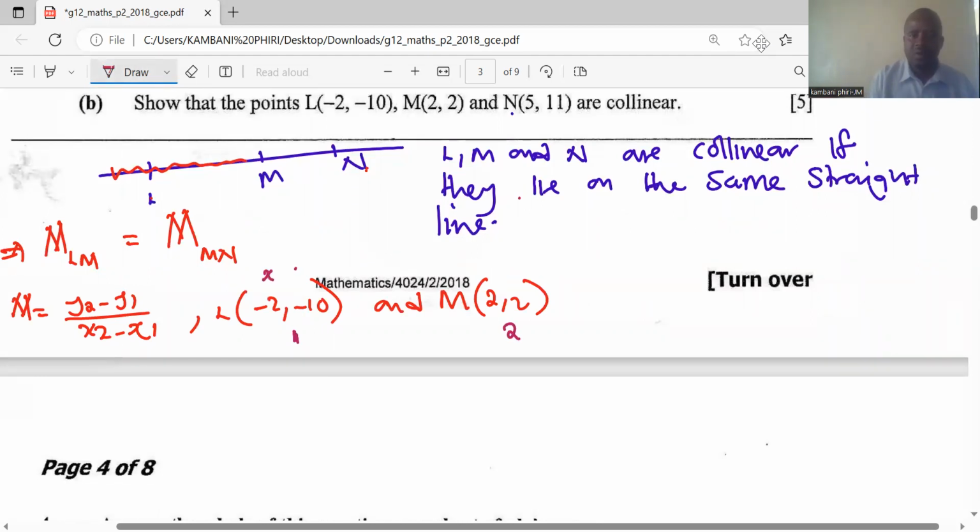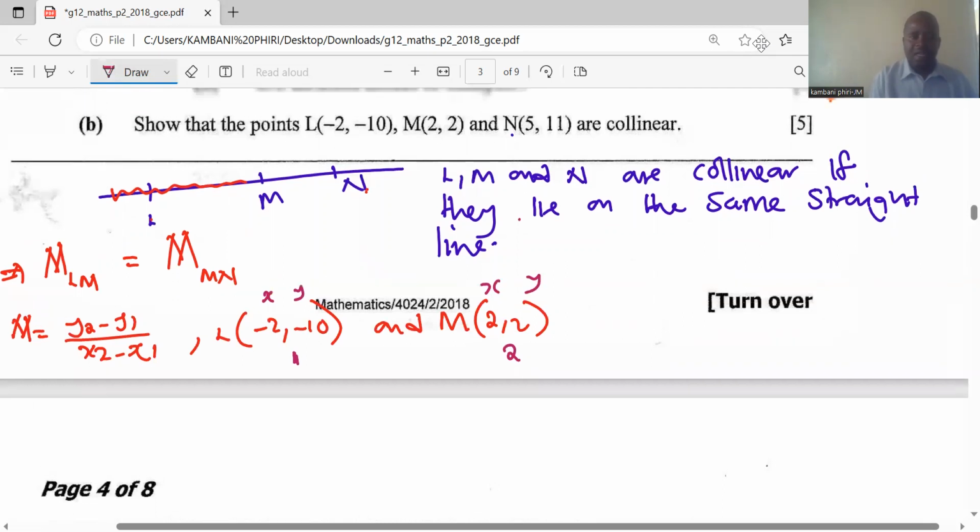So I've got x, y, x, y. So now the gradient of LM is equal to y2, which is 2, minus y1, which is -10, divided by 2 minus